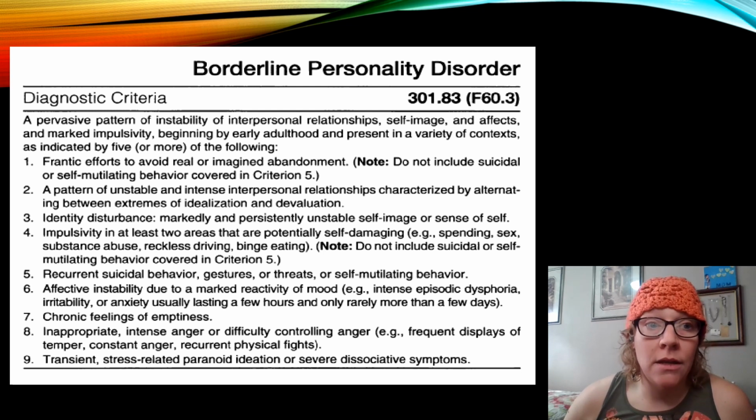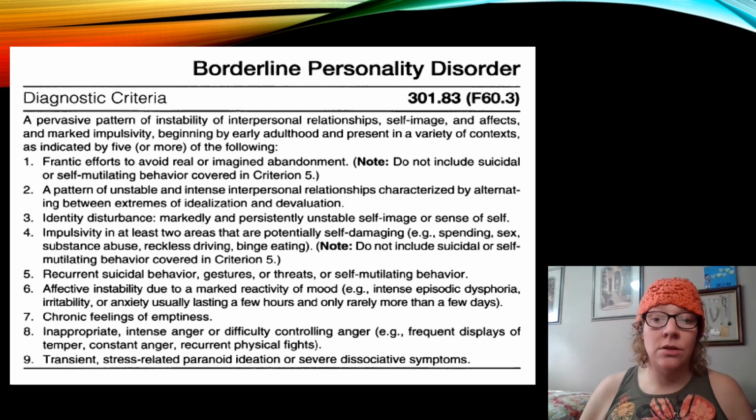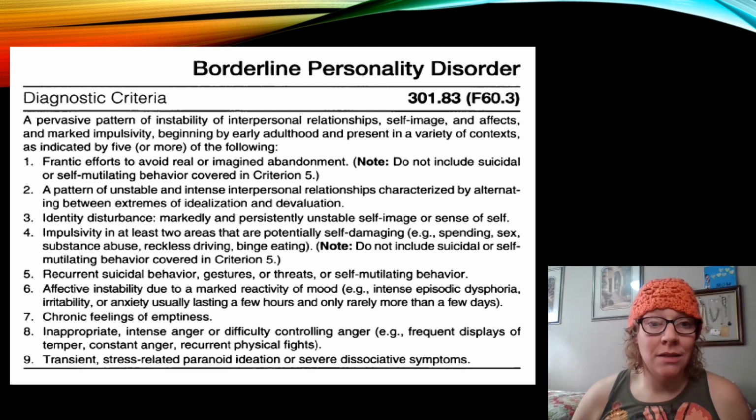characteristics that you need to understand how they work and how they impact your life and what you can do to change that, to make your life less impacted by them, basically. That is the burden on someone with a mental illness. So here are the 9 symptoms for borderline personality disorder.